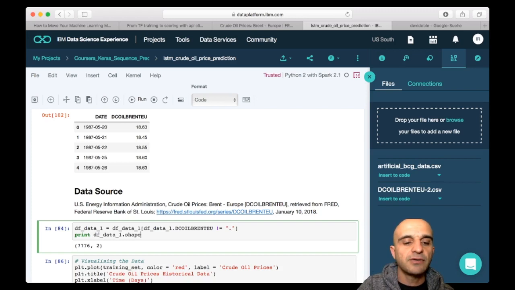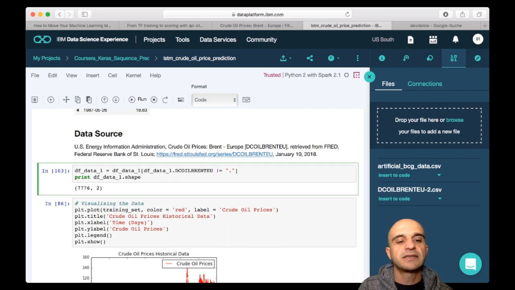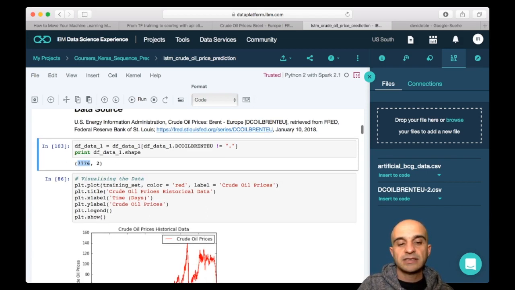What we can do now, and we can see, if we print the shape, we can see that around 200 rows were removed. First, what we can do, we can visualize our data, and this is done